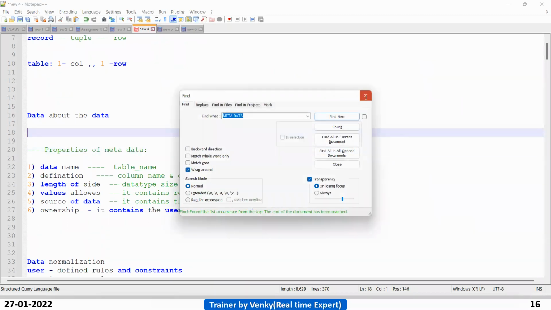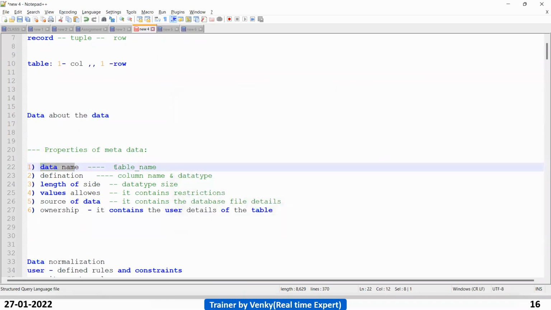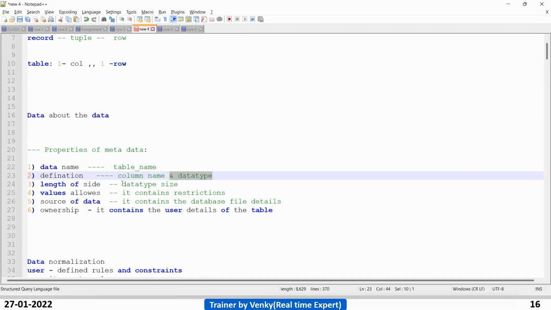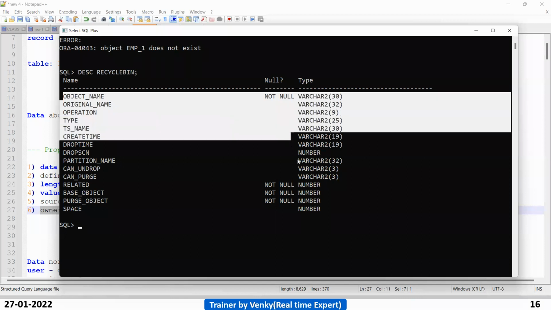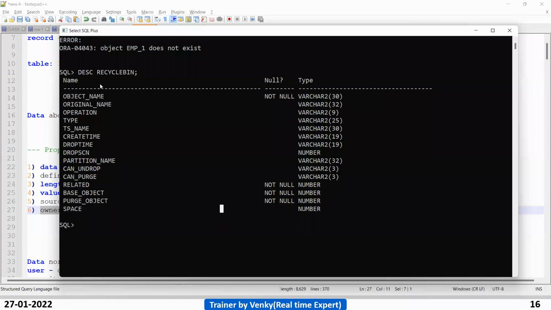See, properties of metadata: data name, table name, column name, data type, size. It contains the restrictions, the database files, and ownership. So data dictionaries will store metadata details. Data dictionary is nothing but a system-created table. Did we create this recycle bin? No. The Oracle server automatically created it.